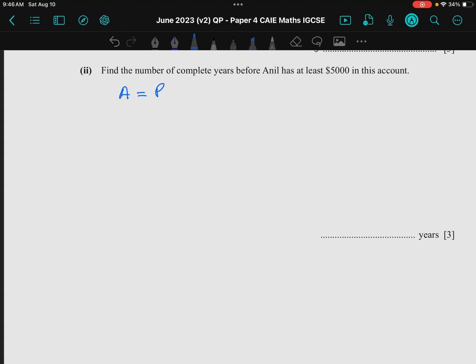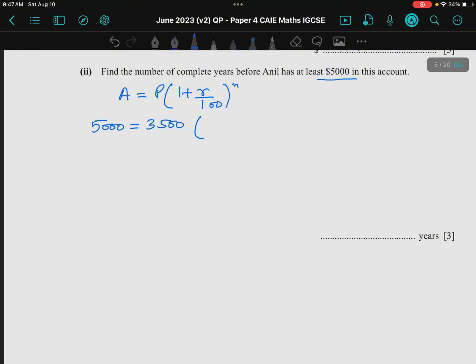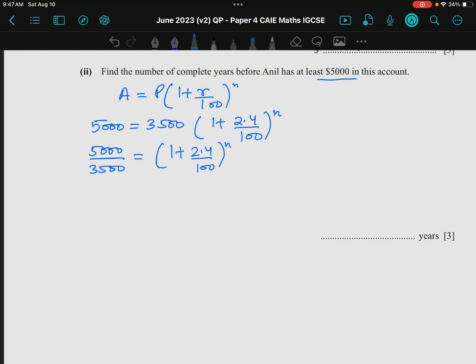So A is equal to P times 1 plus R upon 100 to the power n. Amount, how much amount should he have? He should have 5,000. What was the principal? 3,500. 1 plus rate was 2.4 upon 100. Time we have to calculate. So 5,000 divided by 3,500 is equal to 1 plus 2.4 upon 100 to the power of n. So when you divide, you will get 1.429 is equal to 1 plus 2.4 upon 100 to the power of n. Now taking log